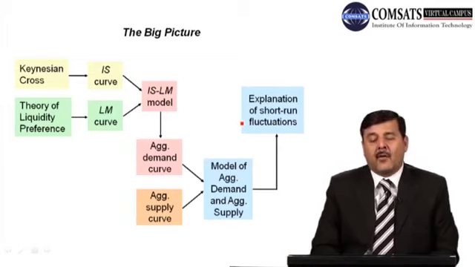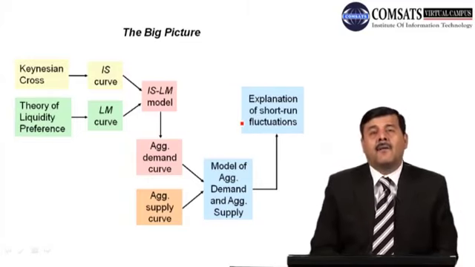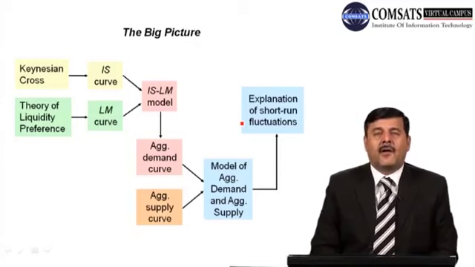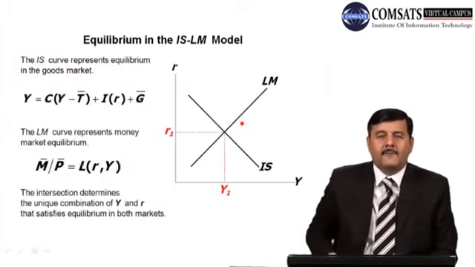Combining these two, we get the model of aggregate demand and aggregate supply, and that is the model which basically explains the logic of short-term fluctuations in the country and the economy. Now,